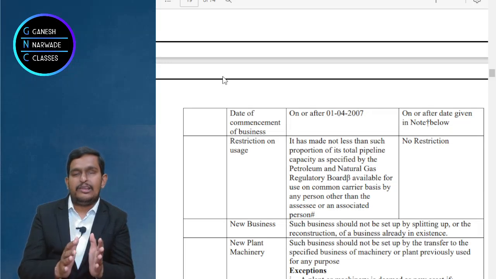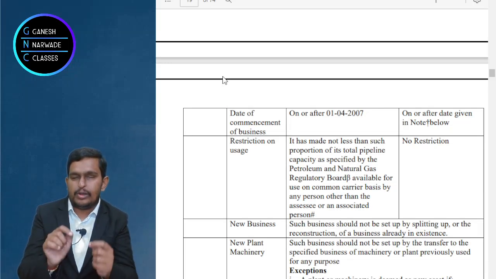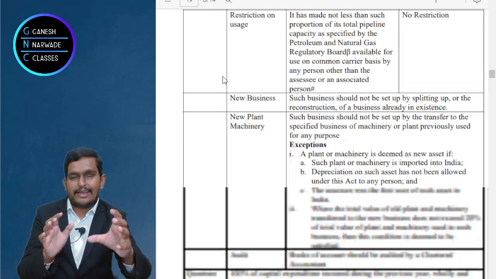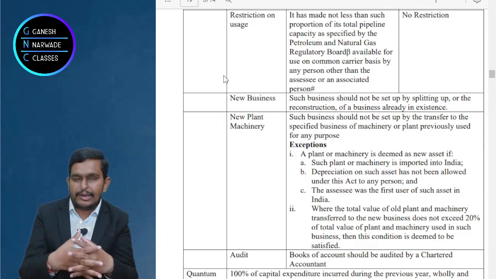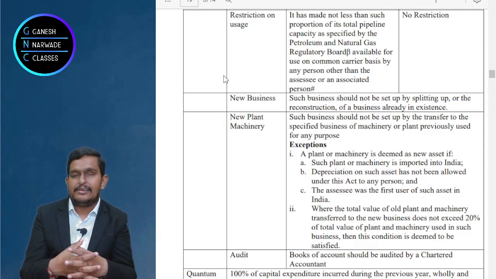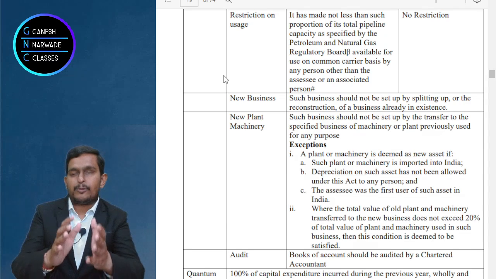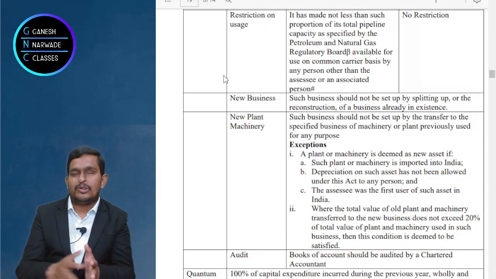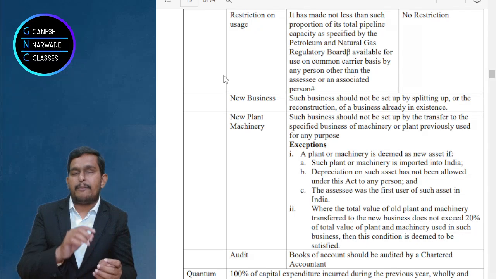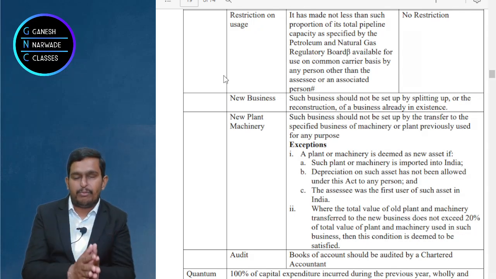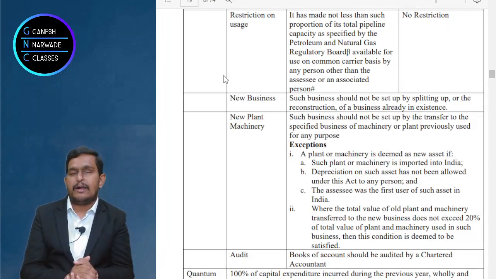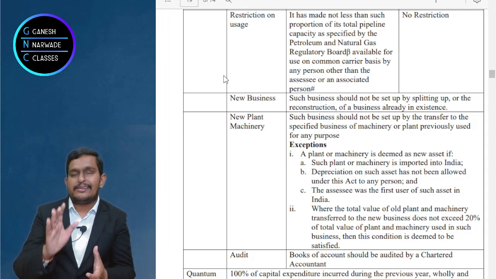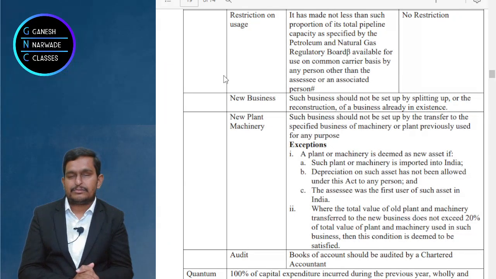Now, for petroleum, government will lay down certain rules that you have to create this much size of pipeline compulsorily. You have to collaborate with other companies whenever required. You should allow the supply of crude oil for other organizations. So, a lot of rules are there which the Ministry of Petroleum, the Petroleum Board, will impose, and that has to be followed by these petroleum companies like, I said, Reliance Petroleum, right? Now, for other businesses, no such strict restrictions are there.